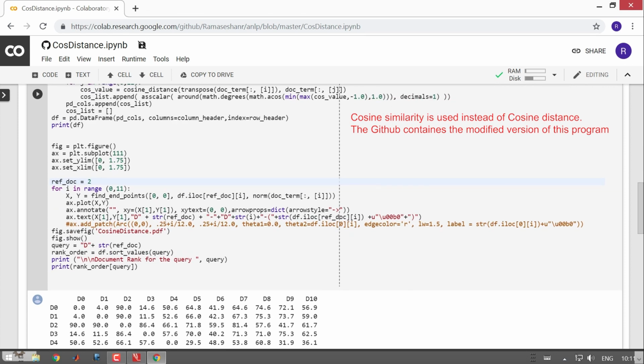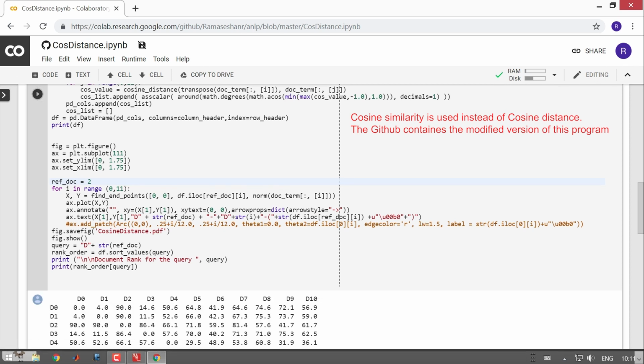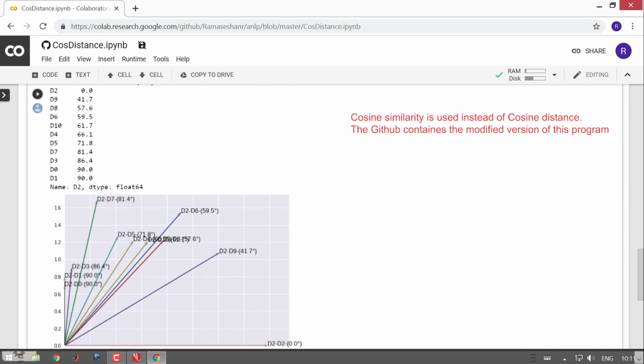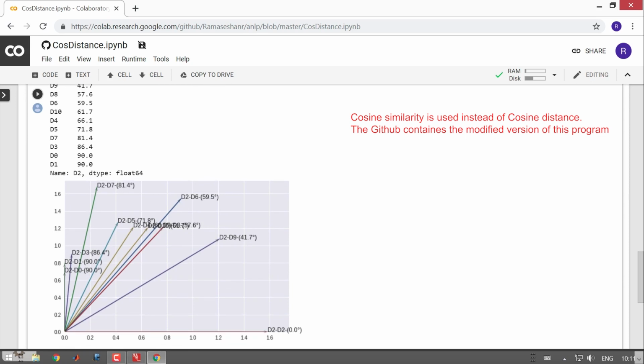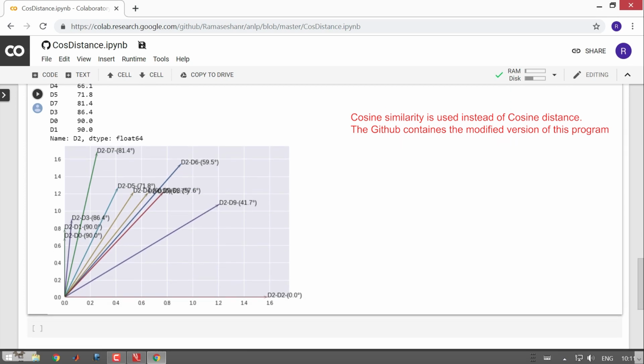And I am going to be running this program to find out how this distance varies with respect to the query D2 that I have chosen. Okay. So, if you look at the query D2, query on itself is going to give you 0, as I mentioned earlier, because the dot product of the same will give you the value of 0. So, you have it there, and then you have D2 at an angle D2 to D9 is 41, and then D1 and D0 are orthogonal to the document 2.